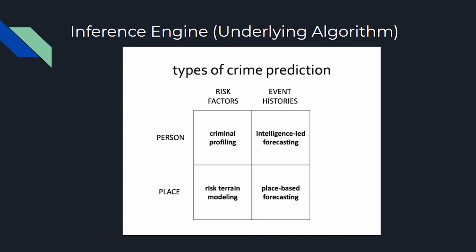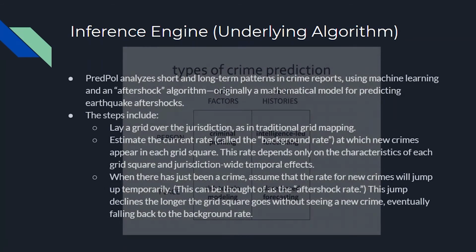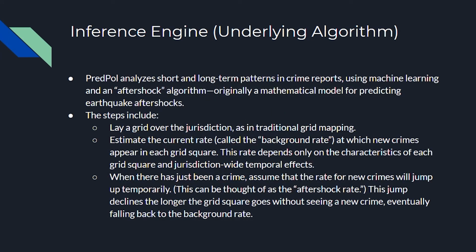Next is risk terrain modeling or place-based forecasting. This uses historical data of a geographical location and predicts the possibility of a crime in that area. PredPol analyzes short and long-term patterns in crime reports using machine learning and an aftershock algorithm, originally a mathematical model